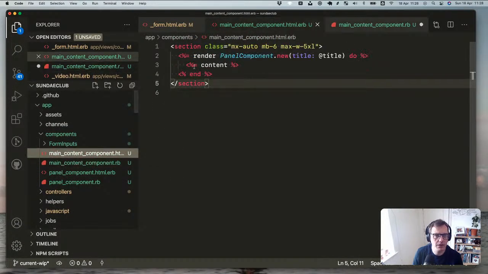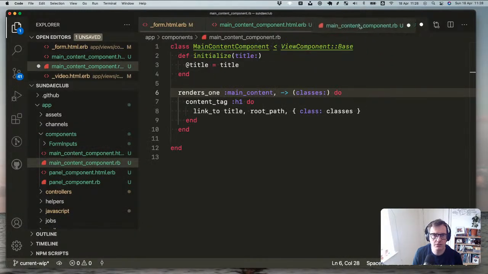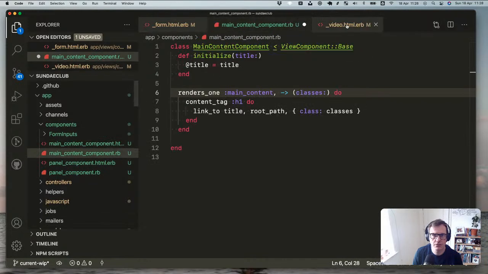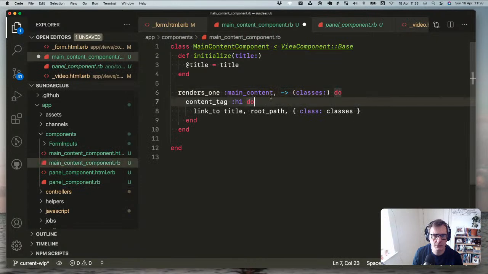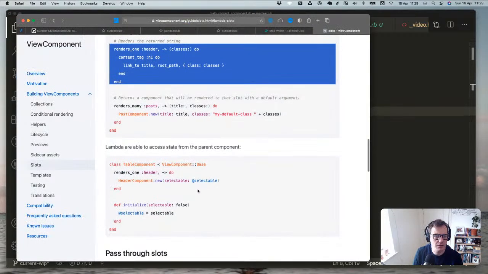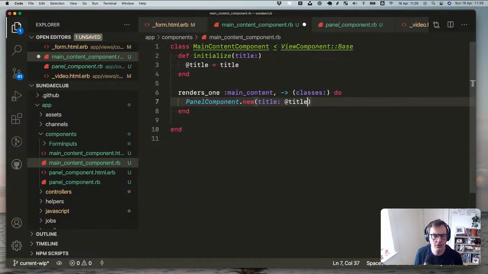And then that would be spitting out... yes, on the other one it's then in here, so I can just put this in here, don't need that. And title on